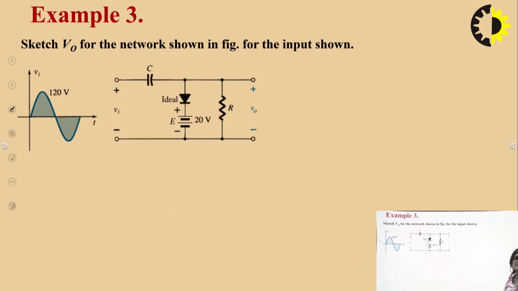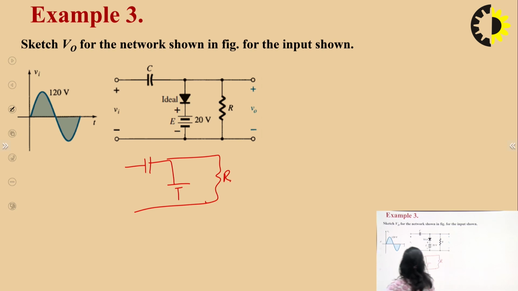And now this is another question that we can do. For this, we can find in which cycle the diode will be forward biased. It will be forward biased in the positive half cycle. Positive half cycle means 120 volt plus minus. This would be Vc plus minus, this will be plus minus 20 volt, and this is V0 plus minus. So V0 here will be equal to 20 volt.